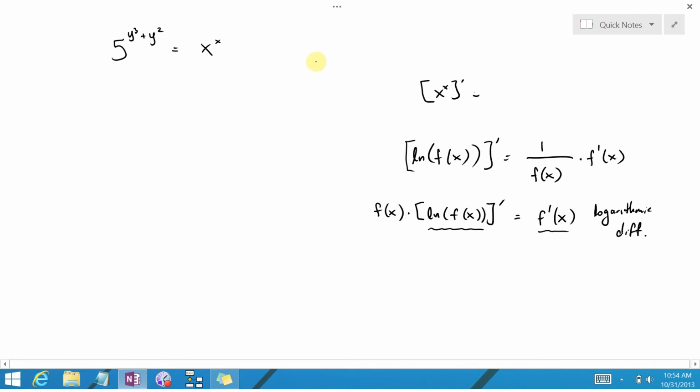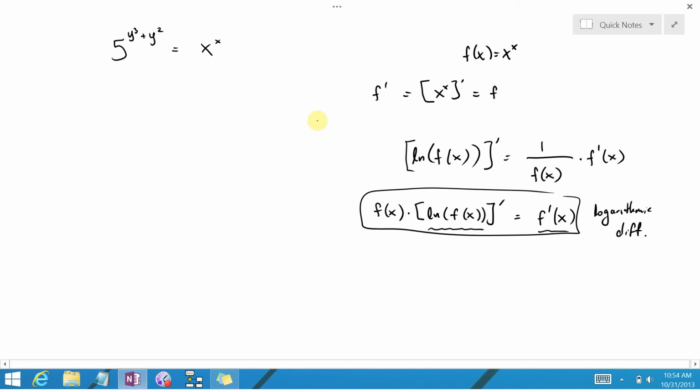So by logarithmic differentiation, if we let f of x equal x to the x, then f prime is equal to the original f of x times the derivative of the logarithm of f. So I'll actually write it out. The original f is x to the x times the derivative of the logarithm of x to the x. Now, is it really any easier to compute the derivative of the logarithm of x to the x? Let me switch colors. The answer is yes, because the logarithm of x to the x,